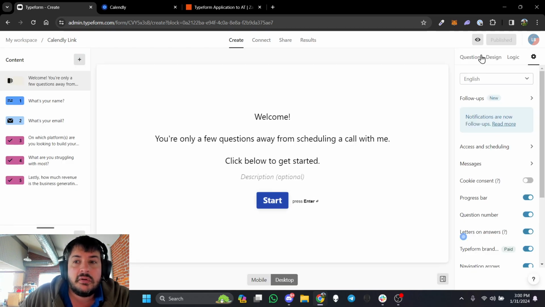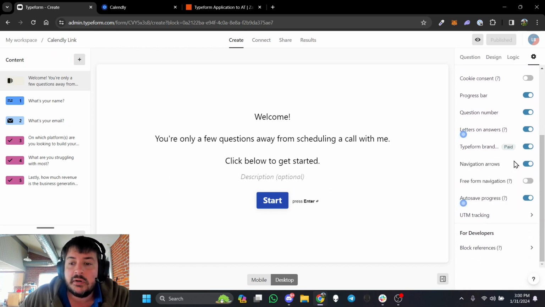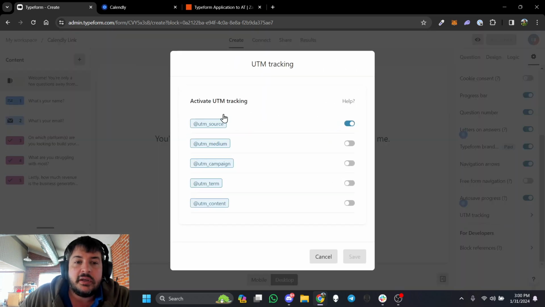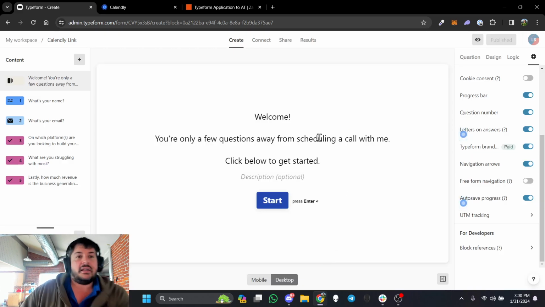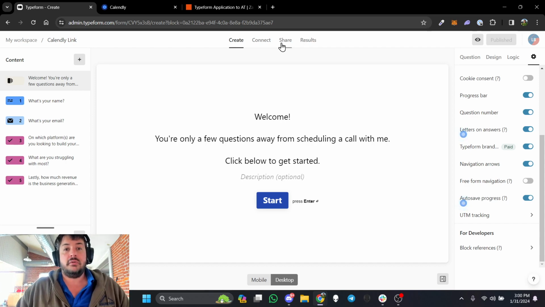So just within Typeform, you can go to the settings over here, and then there is UTM tracking. And with this UTM tracking, you can select different items here, but what I selected was UTM source. And what that allowed me to do is to tell the client they can use this one Typeform, and all they need to do when they're sending that Typeform is to,